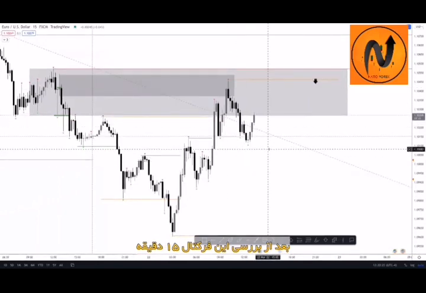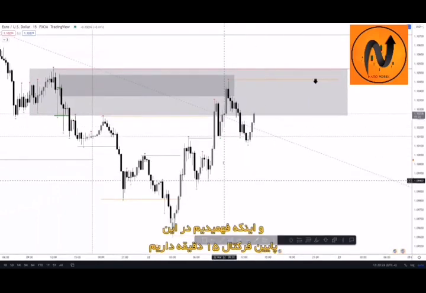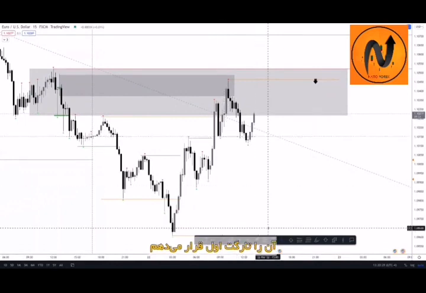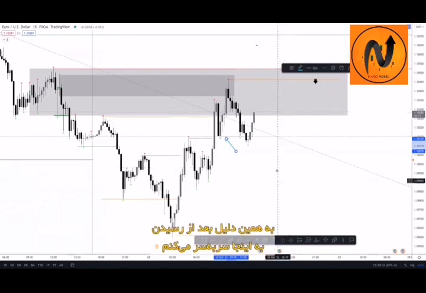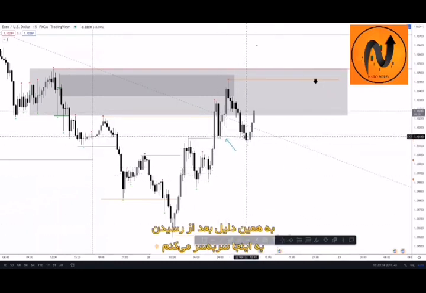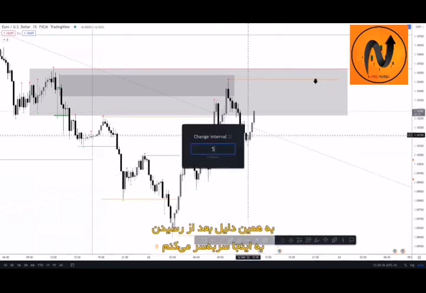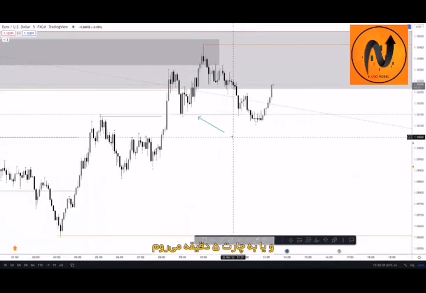So after looking at this 15-minute fractal and understanding that this was down here, I was looking down here to target. This was TP1. Understand that this is TP1. This is also where I'm most likely going to go break even,